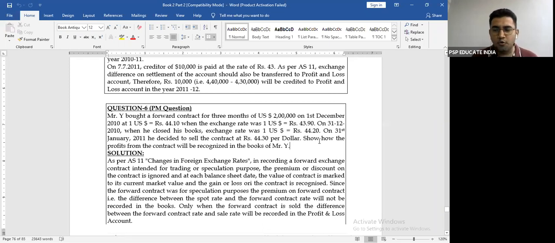Now, two important things you need to understand when you solve a question of speculation. First, never consider 31st March. Only consider the spot rate and the sale rate, which means you will consider कितने में बेचा और कितने में हमने कॉन्ट्रैक्ट किया था. ये दोनों का डिफरेंस will give you either profit or loss. Second important point, because we are not considering 31st March, do not split your profits into two parts: up to 31st March current year, after 31st March next year. ये अब स्पेक्यूलेशन में हमें नहीं करना है.